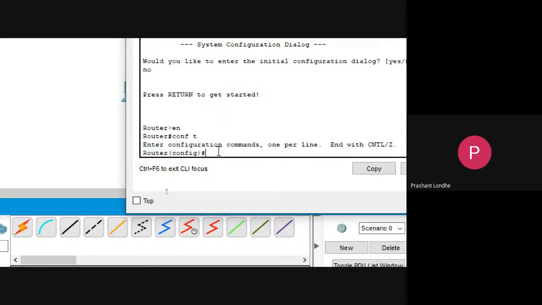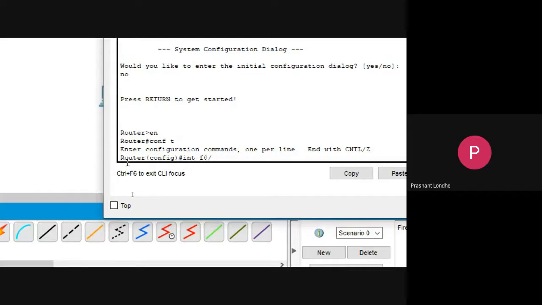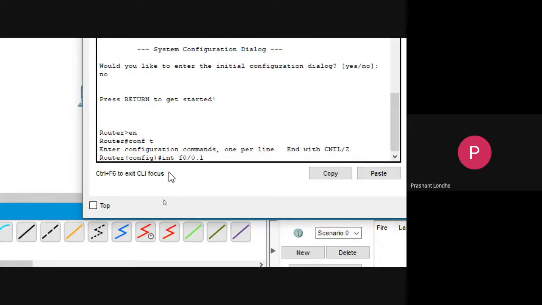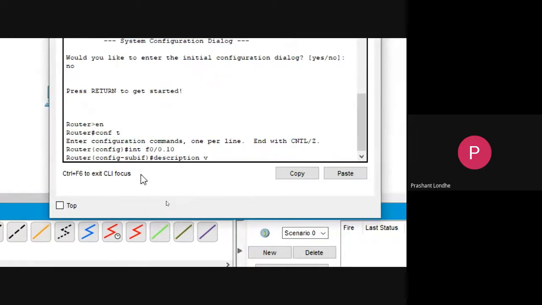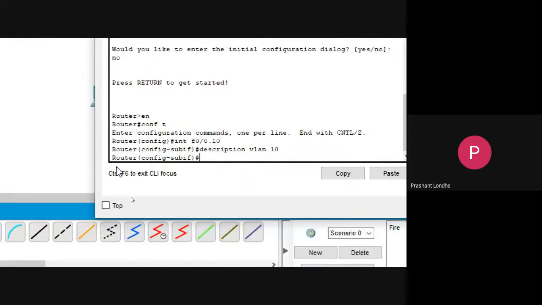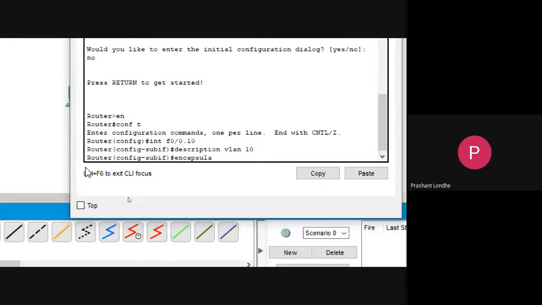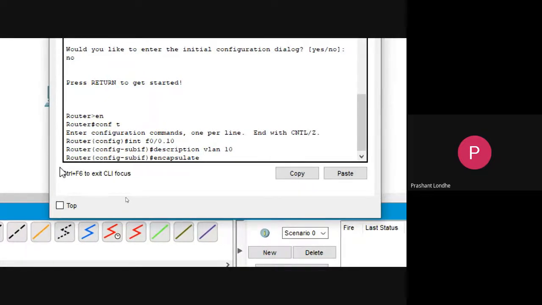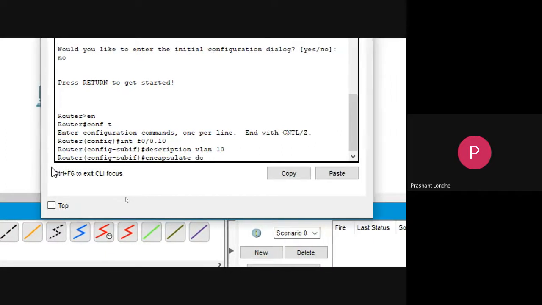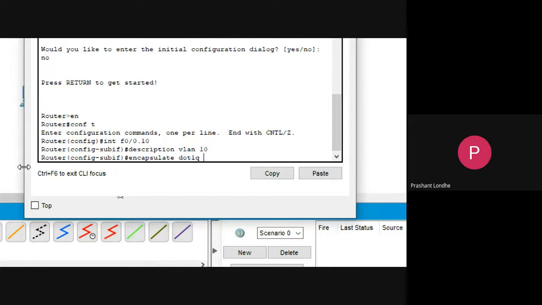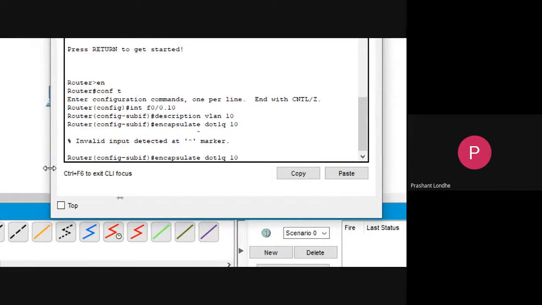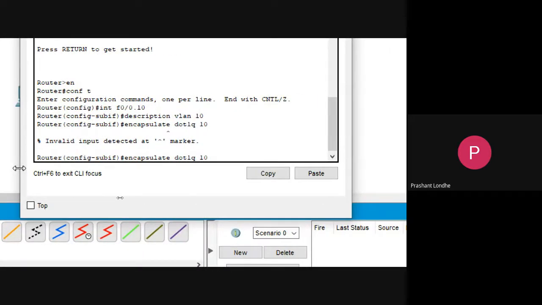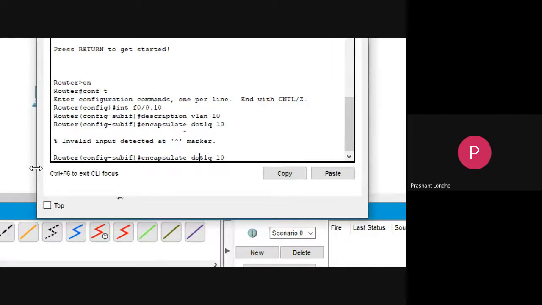Here, interface f0/0.10. Then we need to set the description as VLAN 10. We need to set the encapsulation because we need to encapsulate this kind of traffic: dot1q 10. I have made a spelling mistake over here; encapsulation should be the word.